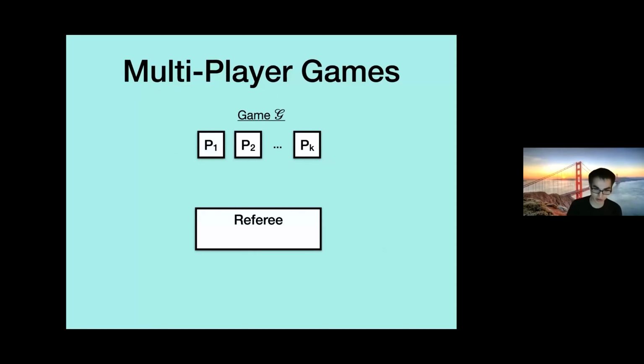And what this is, it's an interaction that involves k players, P1 through Pk, and the referee. And what happens in this interaction is that the referee samples some queries from a set Q. So it's a tuple Q1 through Qk. And it sends each player a corresponding Q. So we think of